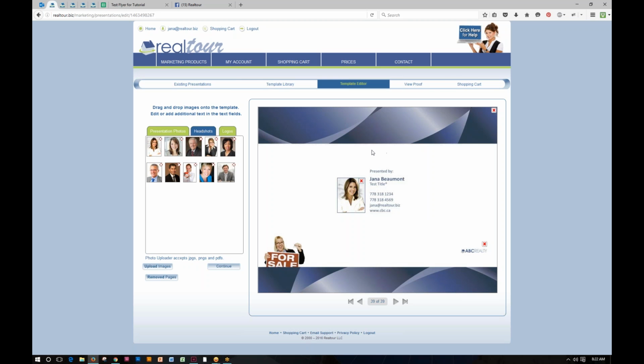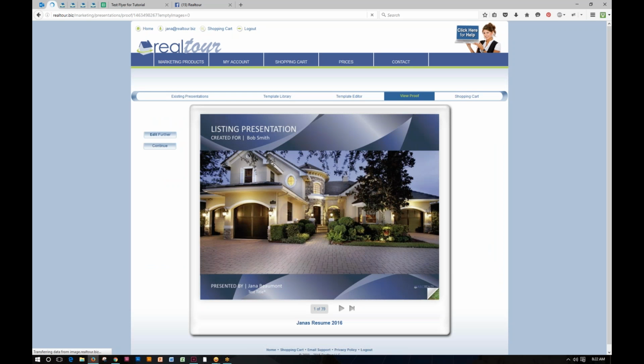But for the most part, the body of this is largely intact. So it's really a super easy way to make a listing presentation. When you're done with the editor, you can jump to the view proof. And this is just a chance for you to go through the whole presentation and look at it from the front end. This is how it's going to look when you send it to somebody or when you present it